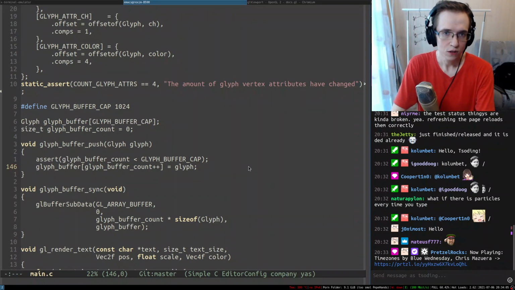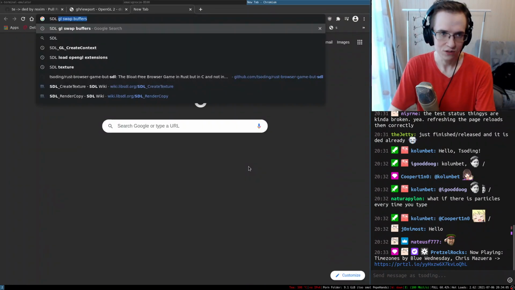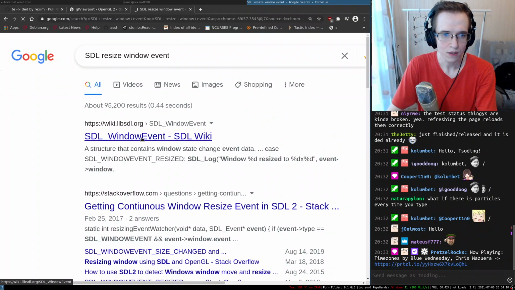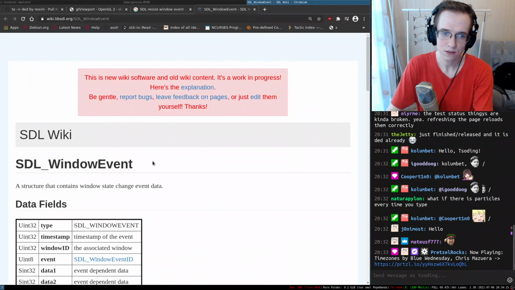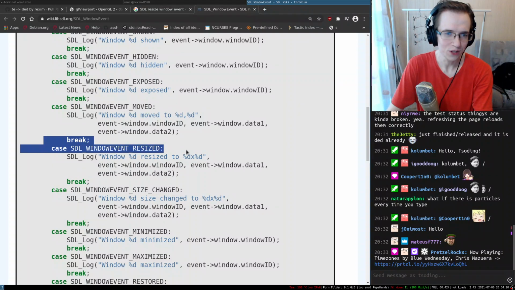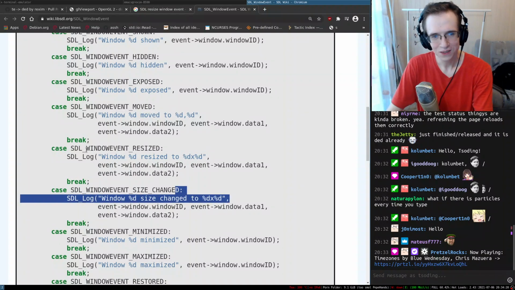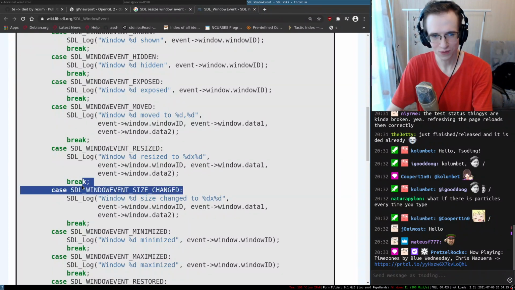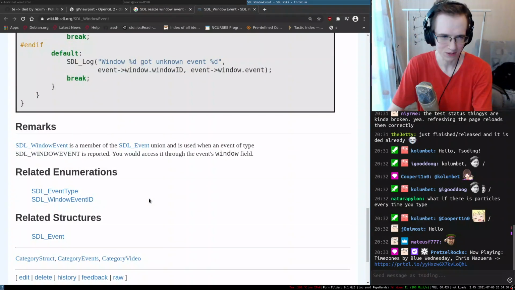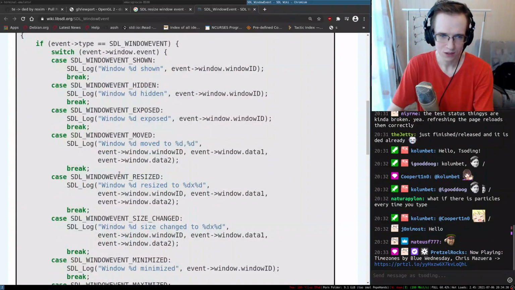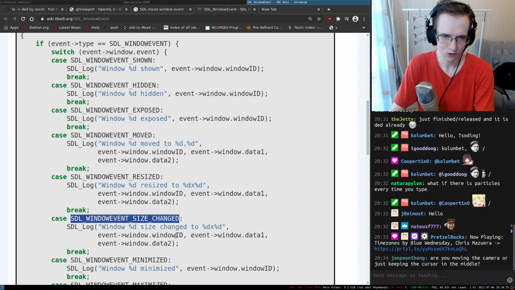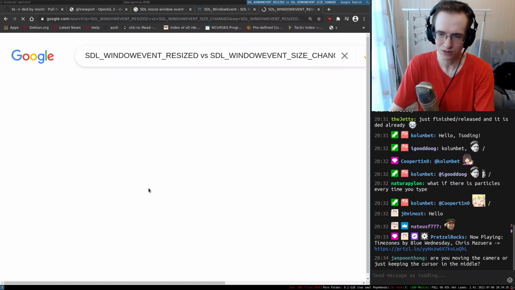All right. So in SDL, what's the resize window event? Do we have anything like that? So there is a window event, and let me see what we've got. As far as I know, there's two of them: window resized and window size changed. I still don't know the difference between them. I remember we kind of discussed it, but it's kind of a weird concept. It's probably some sort of backward compatibility, but I just don't understand. Isn't resizing basically changing the size? I don't remember.